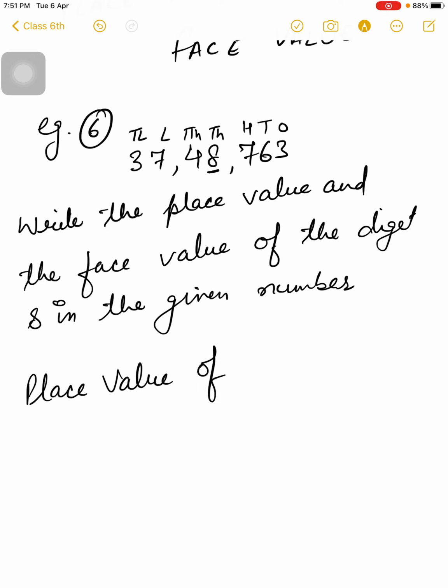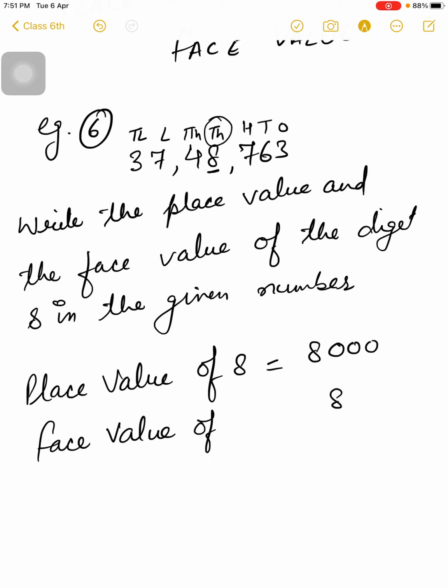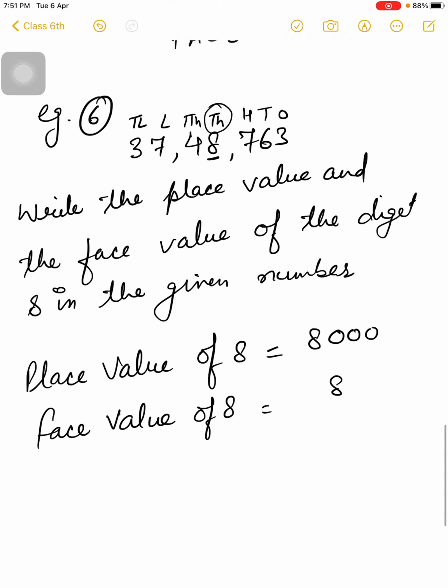Place value of 8 is equal to, it is 1000, so the answer is 8,000. And the face value, so what does face value mean? Face means how it looks, what its face is like. It is 8 only, so the face value of 8 is 8. Fine, this is the difference between place value and face value.